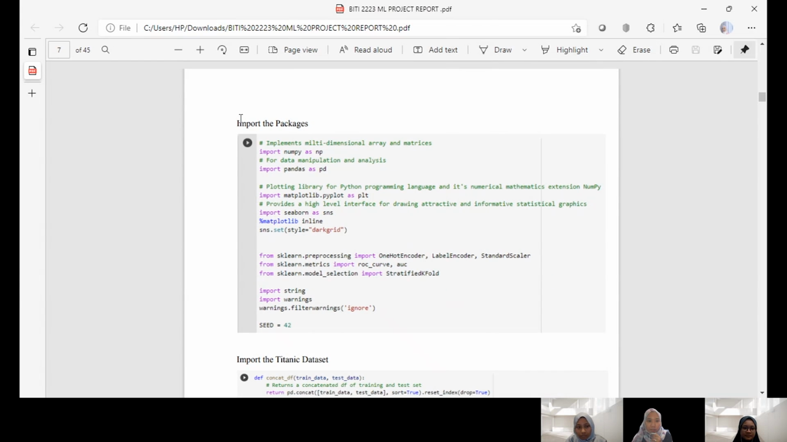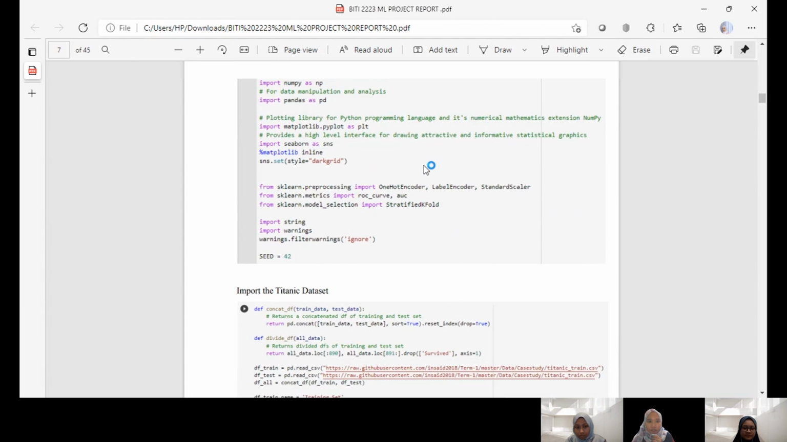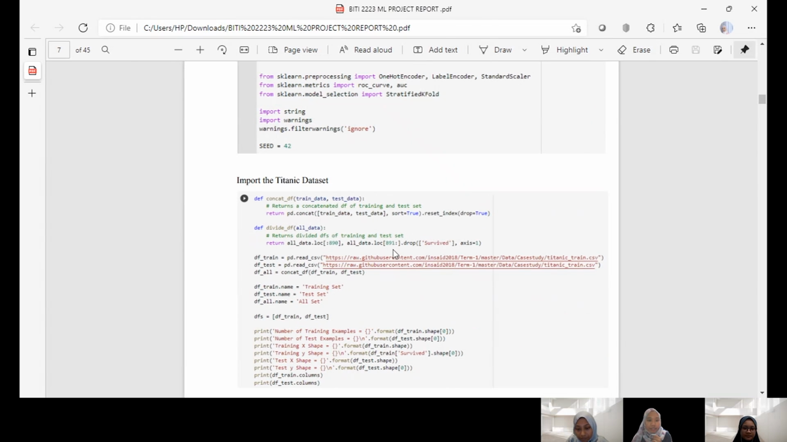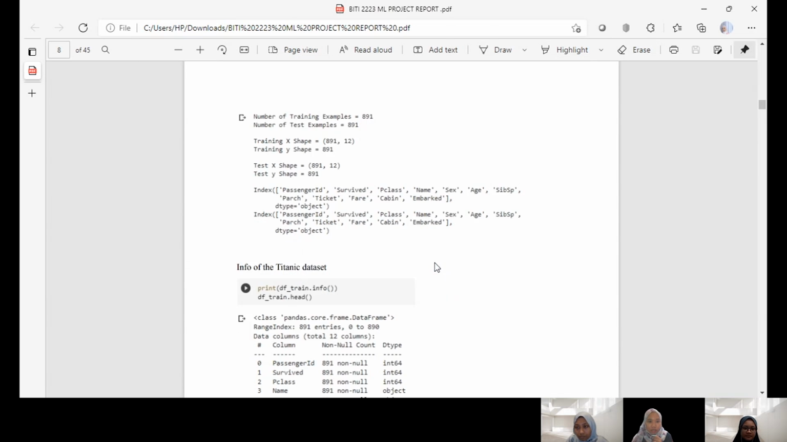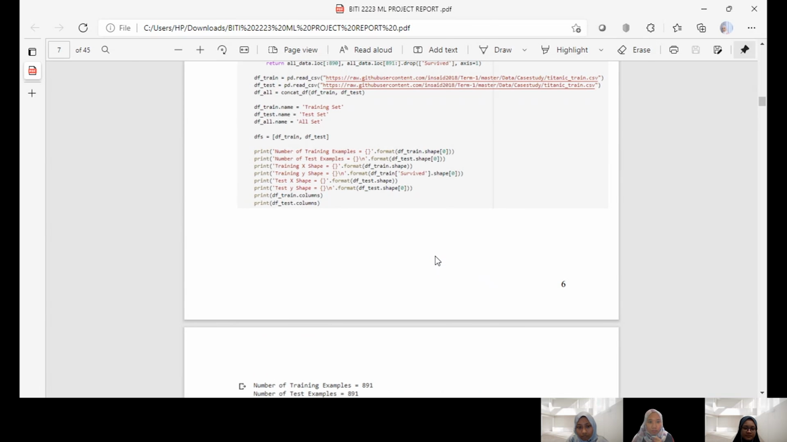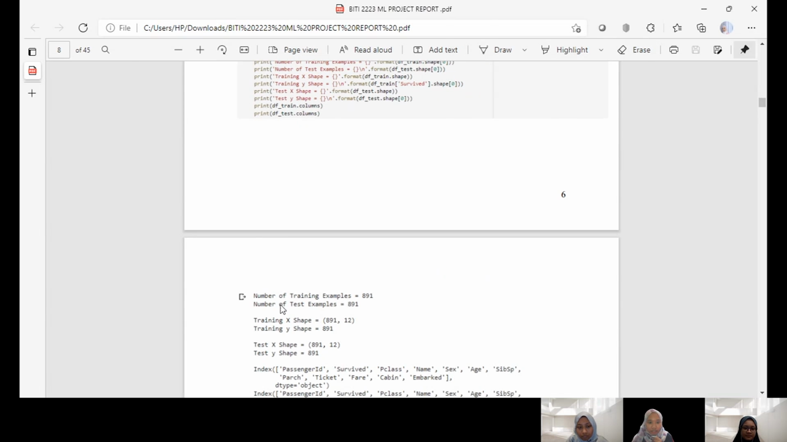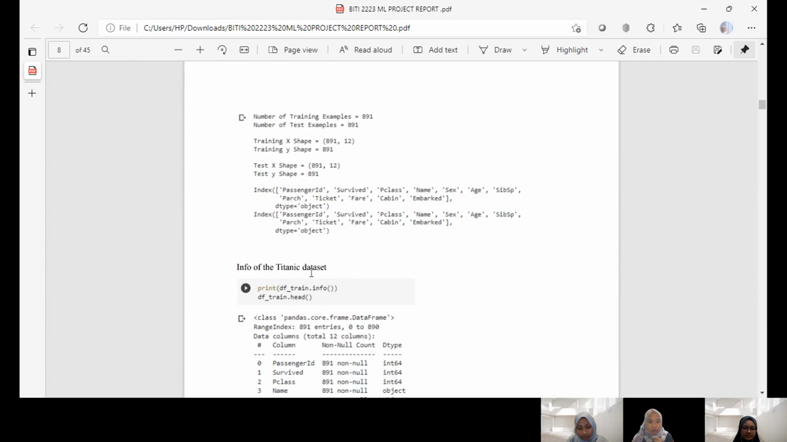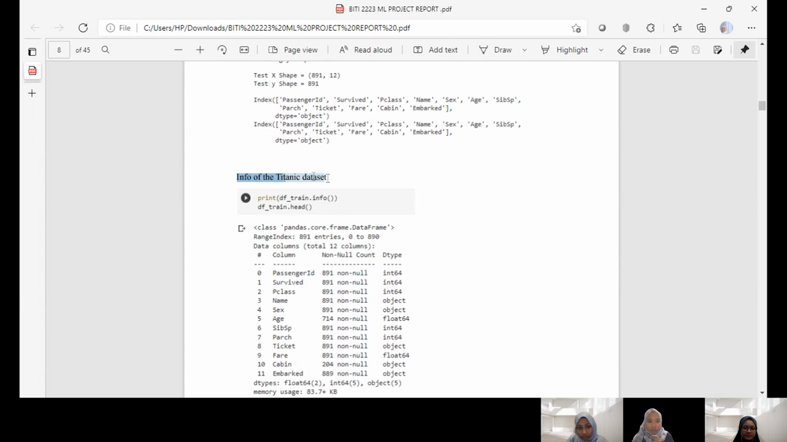First, we needed to import the necessary packages. These are all of the necessary packages we needed for this dataset. Then we will import the Titanic dataset from githubusercontent.com. Then we will print the training shape, which is 891 by 12, and the test shape. Here we can see the info of the Titanic dataset, which we get using this command,